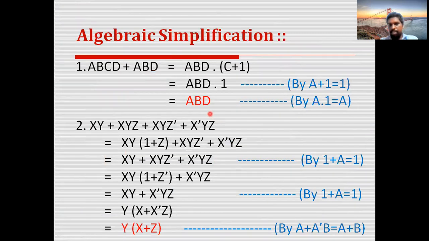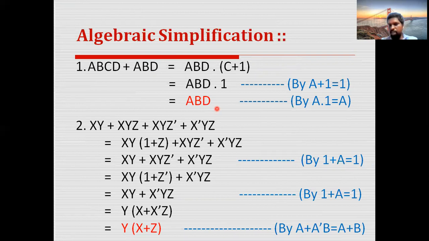I already said that the properties and theorems, right? With the help of those properties and theorems, now we are going to reduce the size of the expression. What is the necessity of reduction? Because unless you reduce the expression, you cannot achieve accuracy of the output, and you cannot reduce the cost of the circuit.